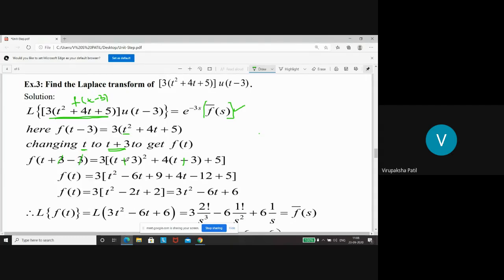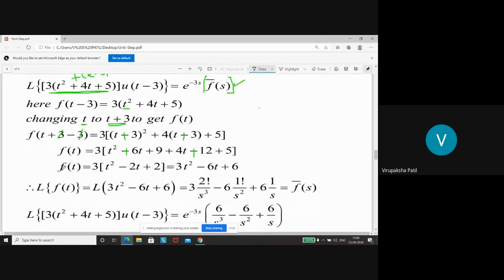Expand this using the plus a plus b whole square formula, a square plus b square plus 2ab. So this becomes t square, then b square, then 2ab, 3 into 2 into t, that is 6t, then this is 4t plus 12 plus 5. Am I right? So f of t is equal to, just strike out this because we have gone a little bit wrong there. So this becomes 3 into bracket t square, then 6t plus 4t,